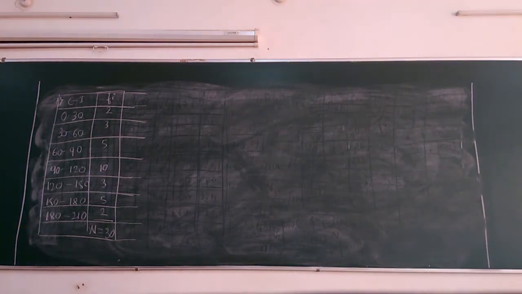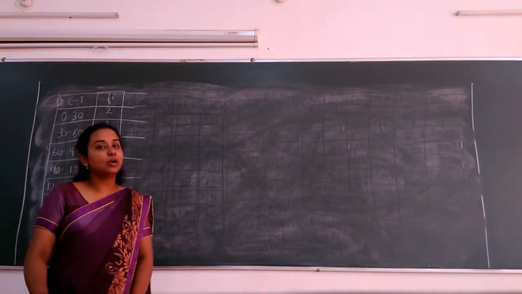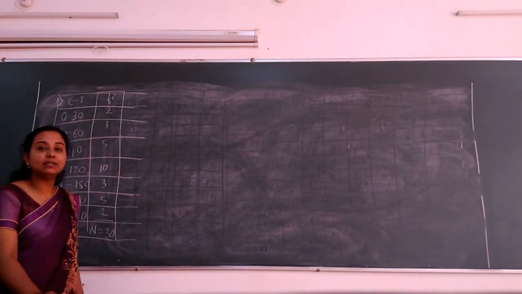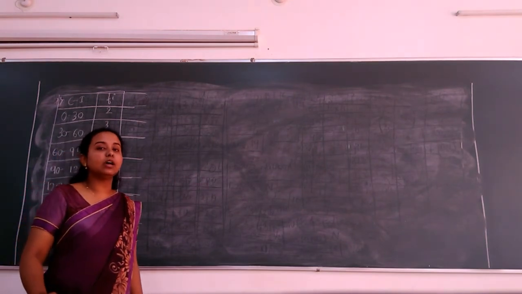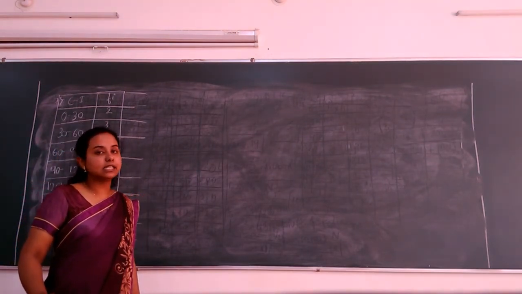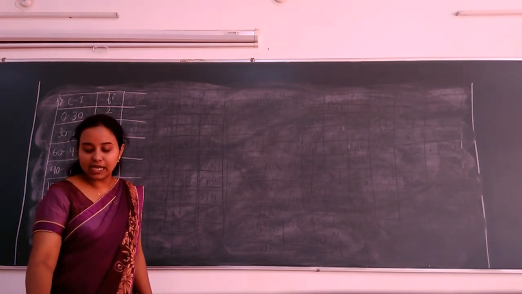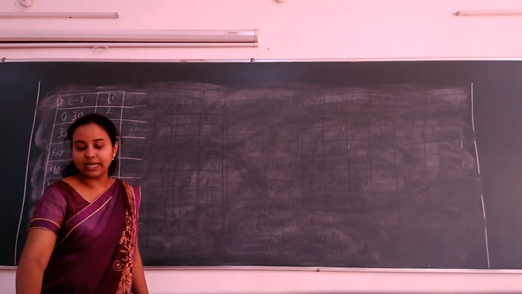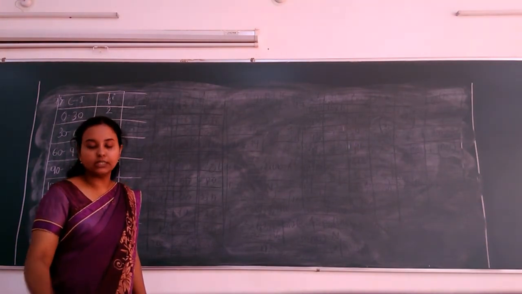Now let us consider the seventh problem. You can see on the board, the seventh question is written. As you can see, students, the data given in the question is continuous data. So for this continuous data, you are going to find the mean and variance. Again, you can calculate the mean and variance either by direct method or shortcut method. It is left to you. So now let us calculate the mean and variance for this given data using the shortcut method.